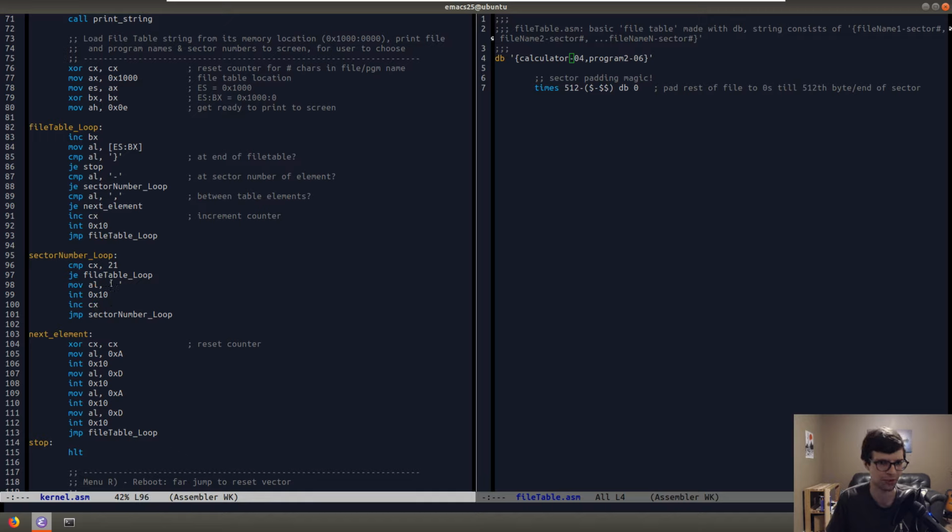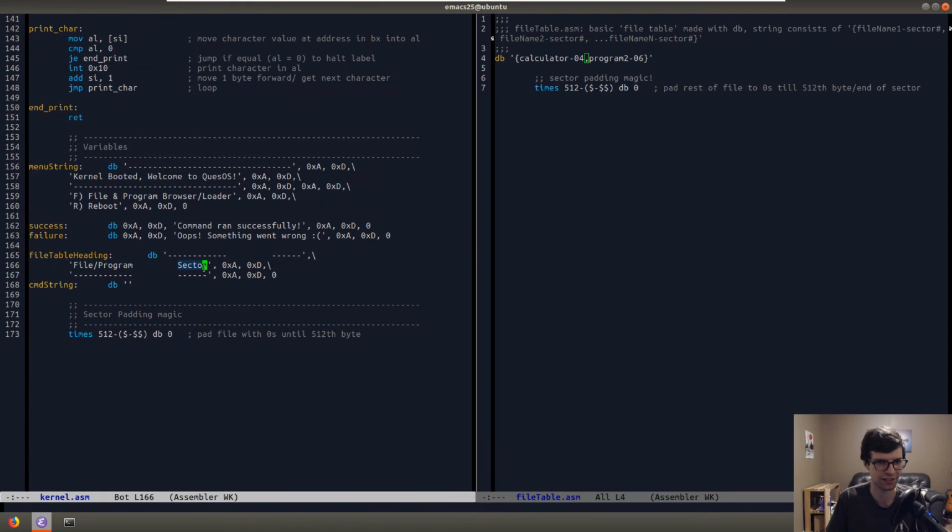Once it is 21 and the requisite number of spaces are printed out, I'm going to assume the file names are going to be under 20 for now. I'm going to raise this later, of course, and do something different. But right now, I'm assuming all the names of the files will be 20 or less. But anyway, after we print out the name, we're going back. We're going to increment again,